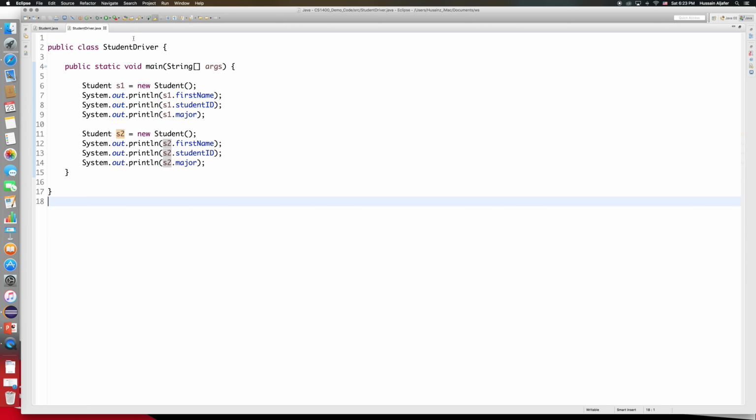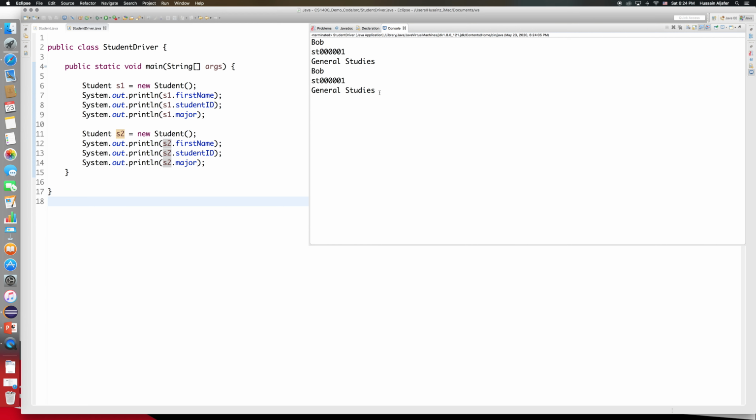Now we have seen that we were able to use the no argument constructor instead of the default constructor, and we were able to initialize some values for the instance variables. But the thing is, we have the same values for every single object we create. Now the solution to this is to create a constructor that will take values and set those values for those